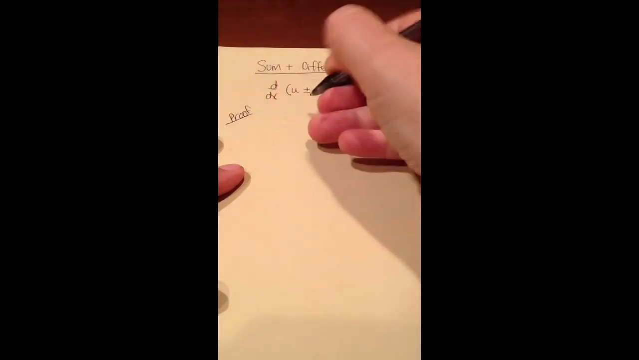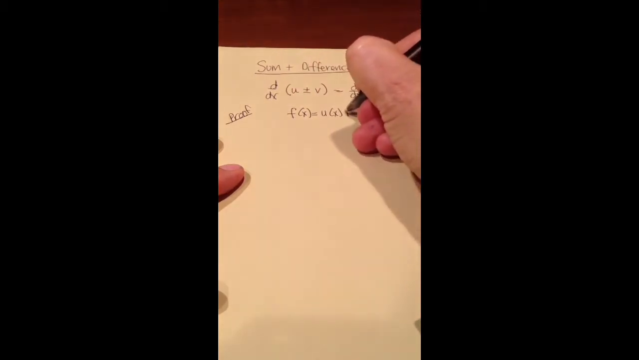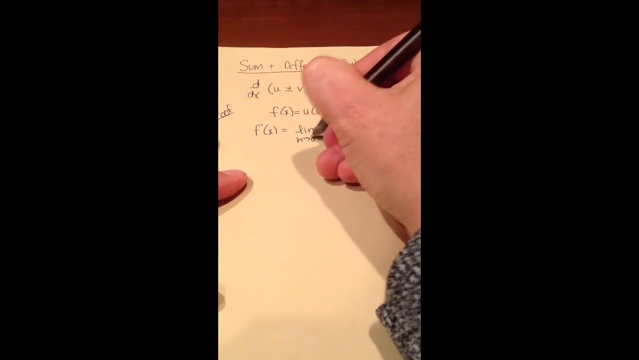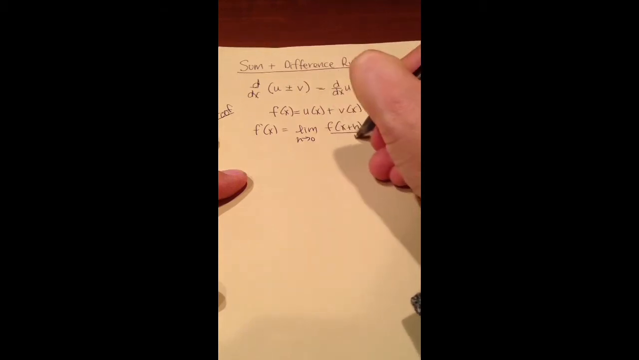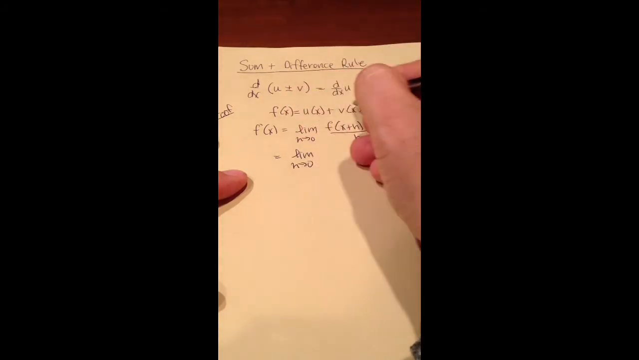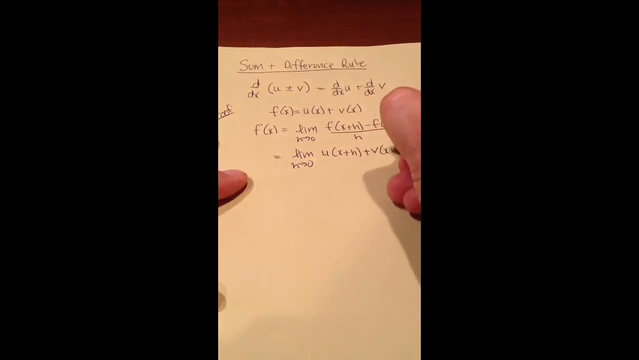So here's a proof. My function is going to be f of x equals u of x plus v of x. The derivative is going to be the limit as h approaches 0 of f of x plus h minus f of x over h. So the limit is going to be, I'm going to plug x plus h into both of these, so that's u of x plus h plus v of x plus h, minus, I'm going to plug x into both of those, so that's just u of x plus v of x, all over